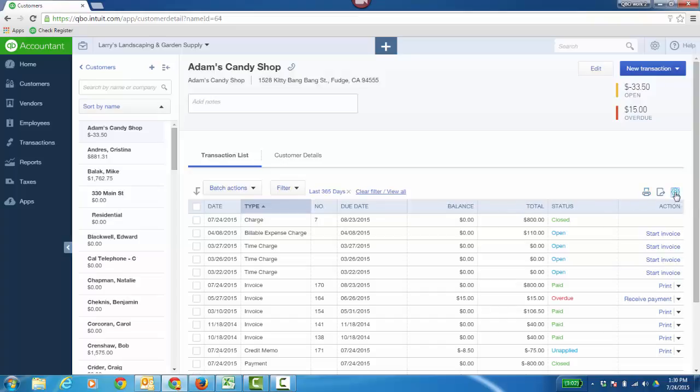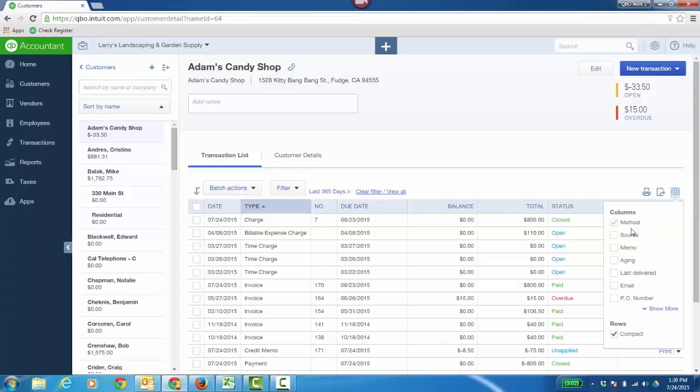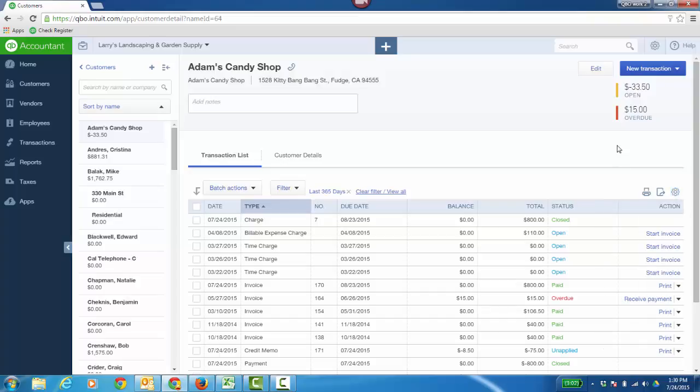Again, a little baby gear icon here to add other columns that might be helpful, like memo or maybe last delivered, as far as being able to email out of QBO, or the auto sent. And I can even make the rows compact as well, Excel, and you can print the transaction list per customer also. Above, you can click New Transaction, and we'll be going over customer and sales transactions in another video on